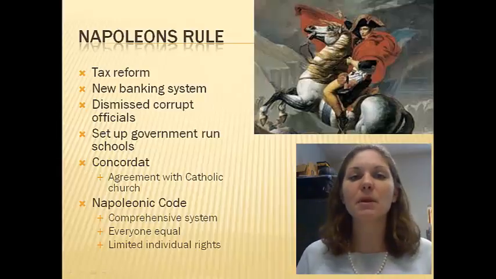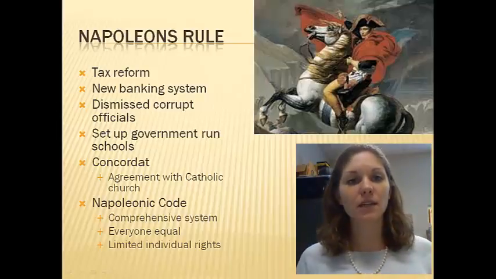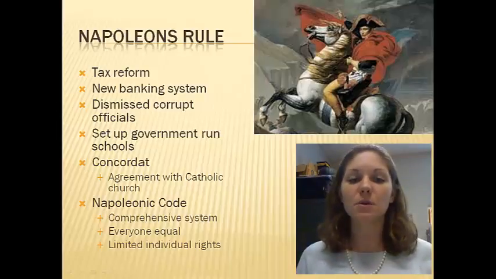And lastly, and probably most importantly, he establishes the Napoleonic Code, which is a comprehensive system of laws that he creates and puts into effect. And the most important thing to understand about the Napoleonic Code is that under the Napoleonic Code, everyone is equal. Every person in France is equal under the law. Super important. It also is a really strict code